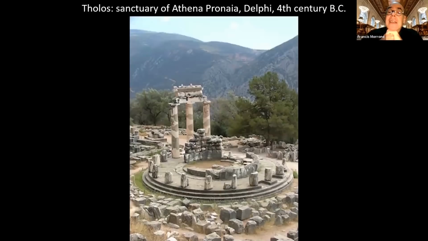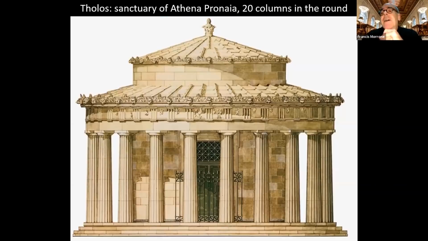And here's the ruin of a tholos, the sanctuary of Athena Pronaia in Delphi, right next to the treasury. You can see that there are the column stubs all round. And this is an artist's rendering of what that might have looked like. And what a remarkable structure it is. I mean, this really seems quite well on the road to the Romans, but a circular building. We just don't think of the Greeks as being circular people, but they were, and you'll see that in a moment.